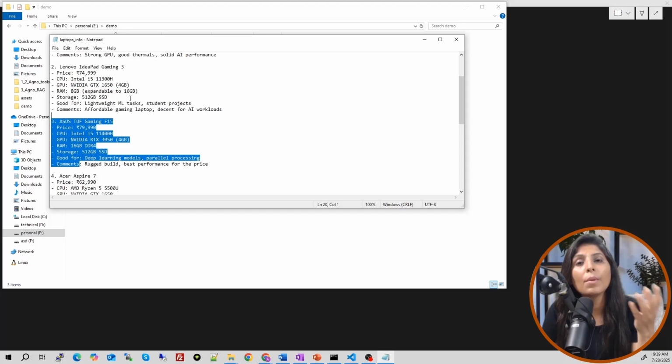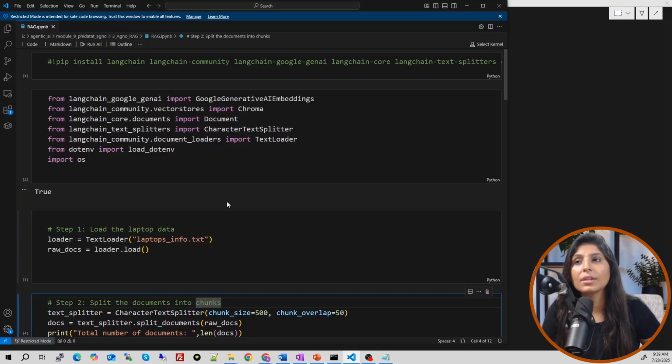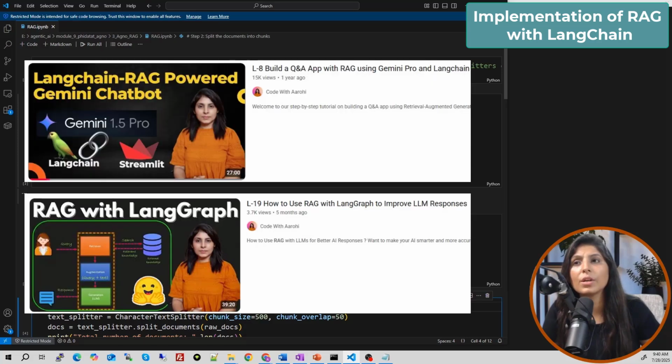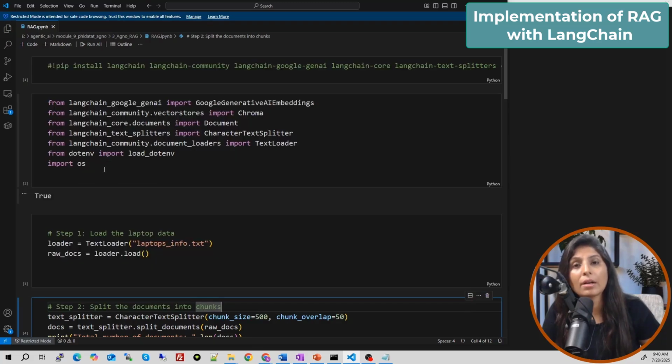So this is what RAG does. It will search from a pre-stored knowledge base. Now let me show you one example of how RAG works. We are not going to see this in detail because I have already explained the concept of RAG in various videos, with LangChain and with LangGraph, theoretically and practically. Today, I'm just going to show you the overview of how RAG will handle this problem, and will majorly focus on agentic RAG. This example is with LangChain. I have provided the link in the description section, and if you want, you can try it from there.